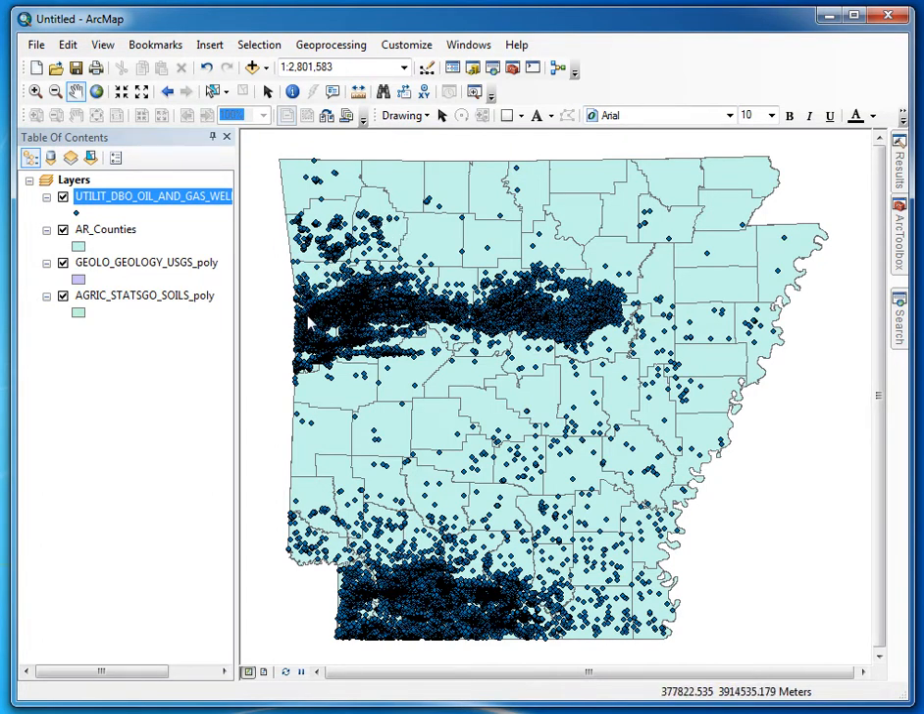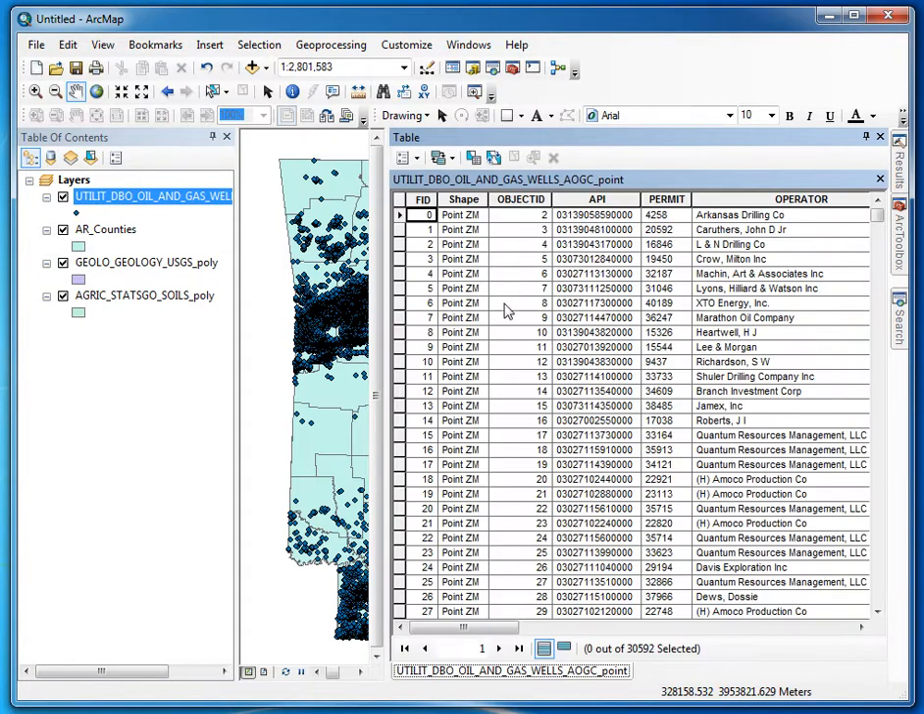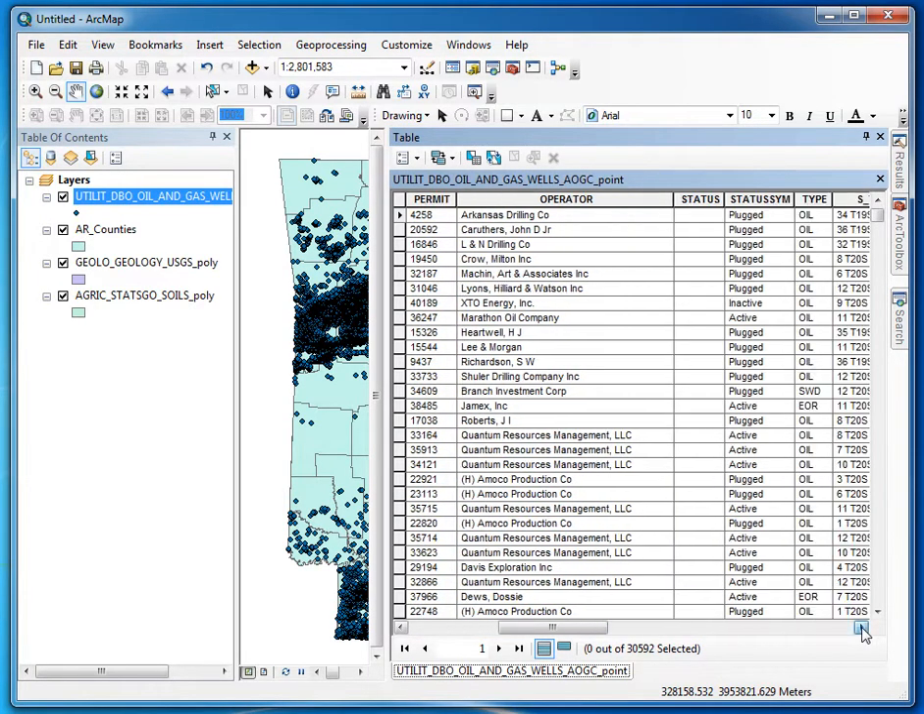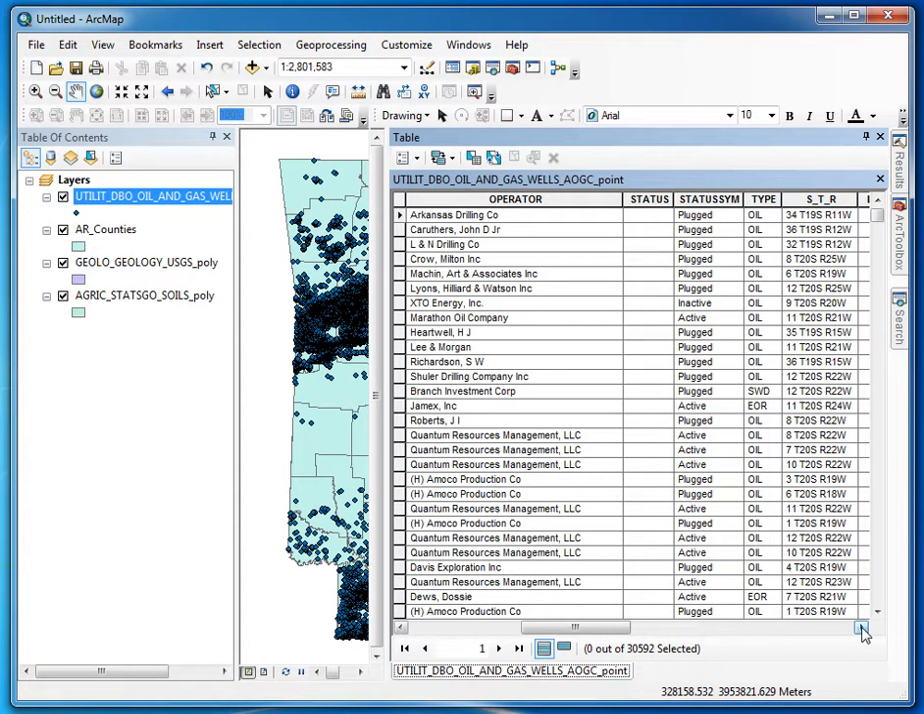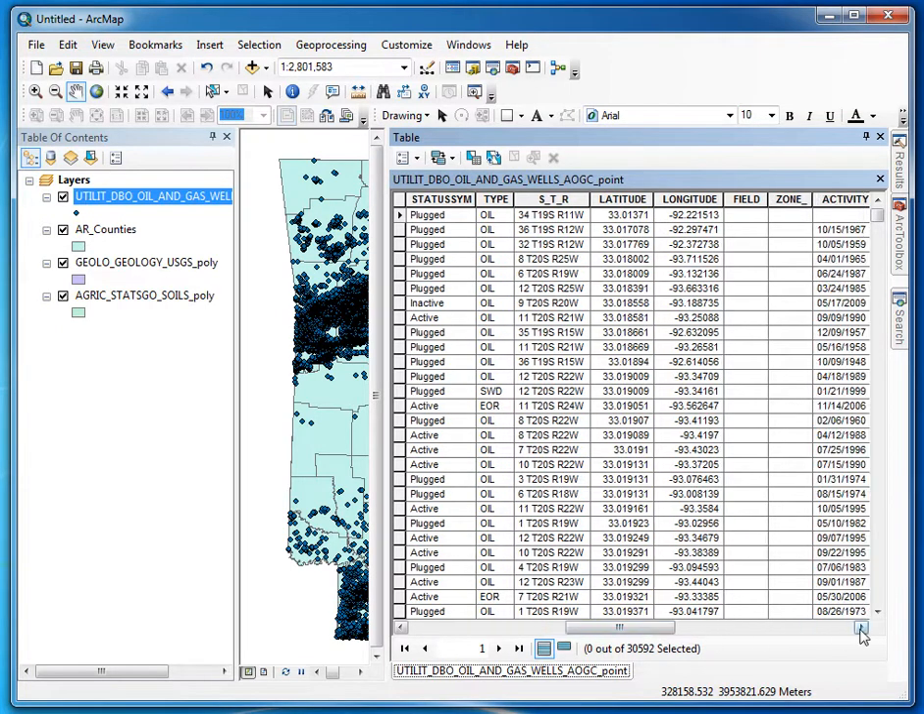So I need to figure out which of these are active gas wells. Anytime I have these projects, I don't really know what I'm working with until I take a look at the attribute table. So I'm going to open the attribute table and scroll through the fields to see if I can determine which fields tell me whether the well is active and also whether it's oil or gas. So I take a look at all the fields,